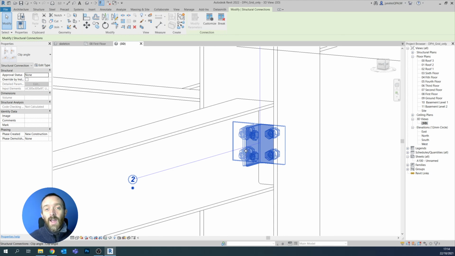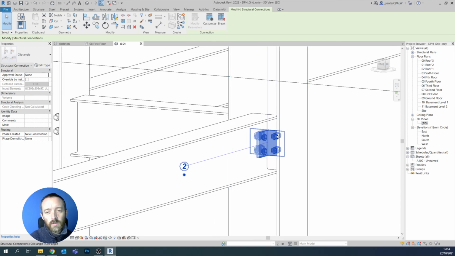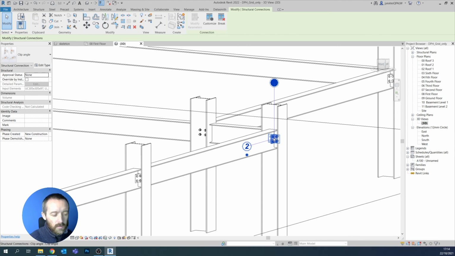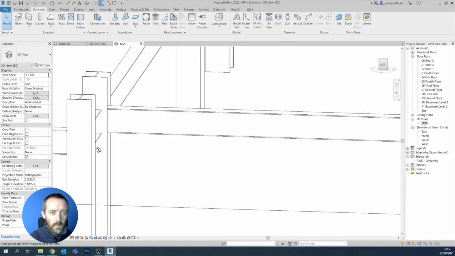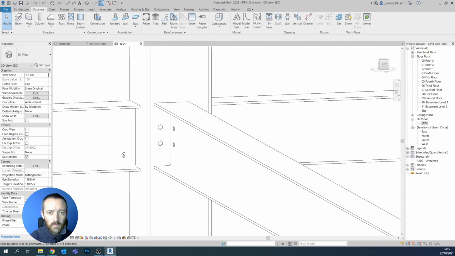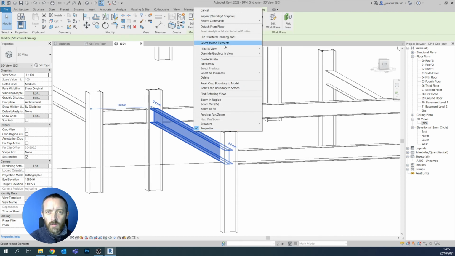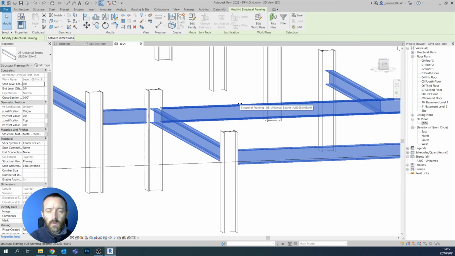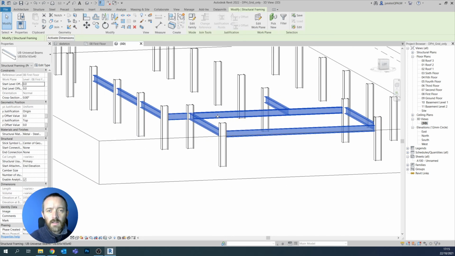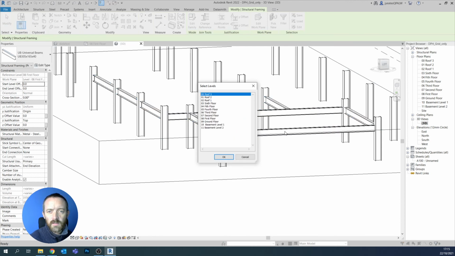Probably before you add the connections, you might want to select your beams, and then you could, let's say, let's undo that for a moment, and let's undo that one as well. Okay, and let's select all these beams. Okay, so I'm going to select all instances in the entire project, all of the beams that I've done, and say I need these beams on multiple levels. All I have to do is press copy, go to the clipboard and choose align to selected levels, and then